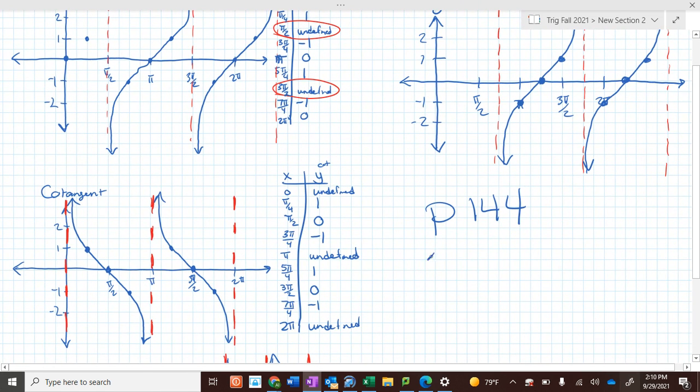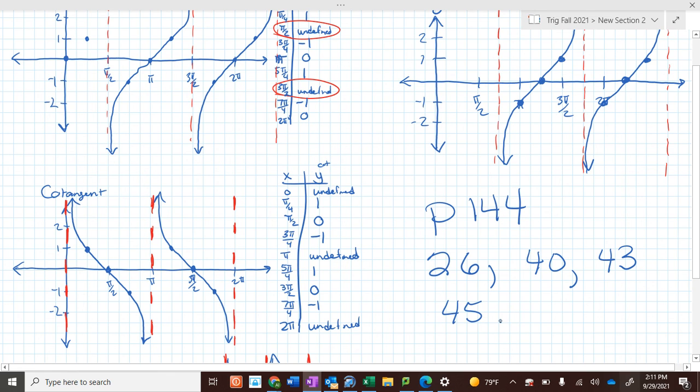The problems will be numbers 26. And you have to graph this. It says determine the period of the function. No, I want you to graph this. So 26, we're graphing. 40, we're graphing. 43, we're graphing. And then 45,